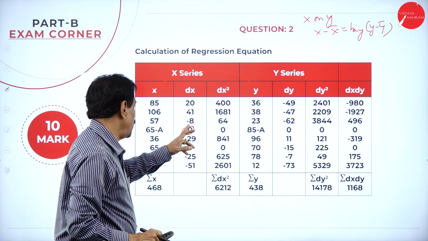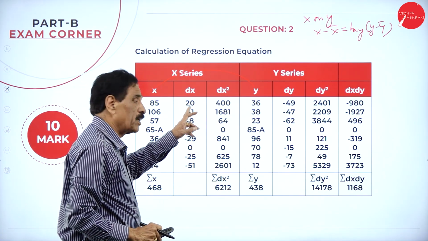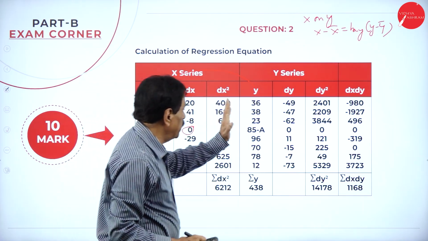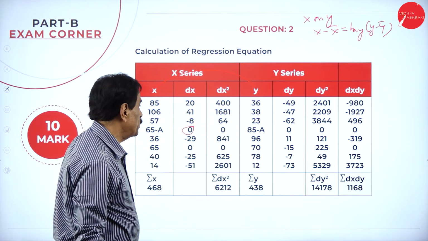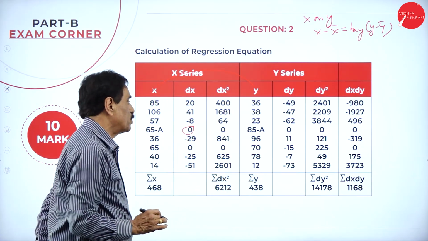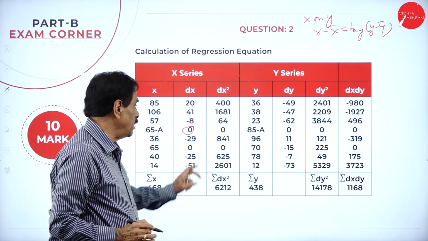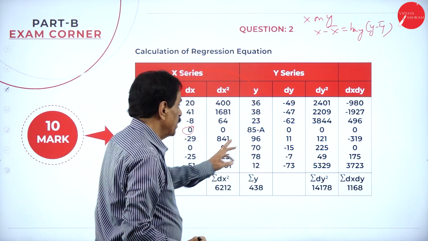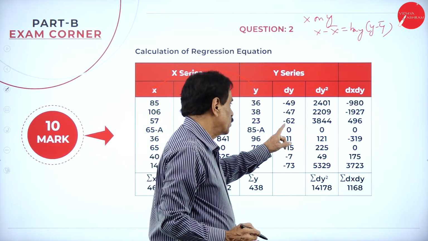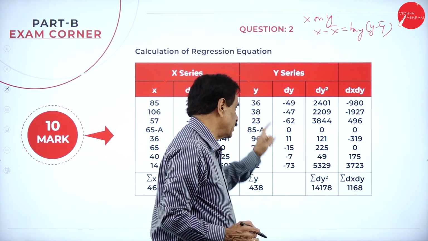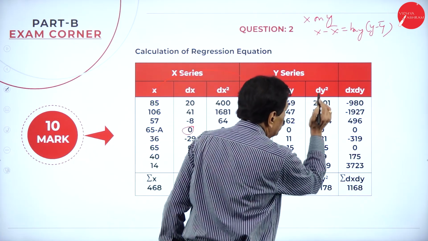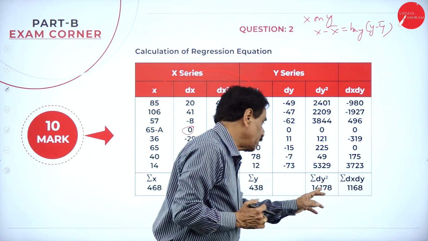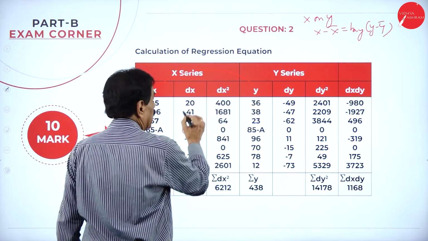Here I took 65 as 0. Difference is minus 8. Here how much more? 41, 20 more. Here less is 29, 0 minus 5. Square of this number 400, 1681, square of this 64, 0, square of this 841, 0, square of this. Add the figures: 6212. Y series, 85 as 0, same thing. So less 62 minus 47, 47 square. Square of this number 2401, 2209, 3844. If you add, 14,178. dx dy, this and this